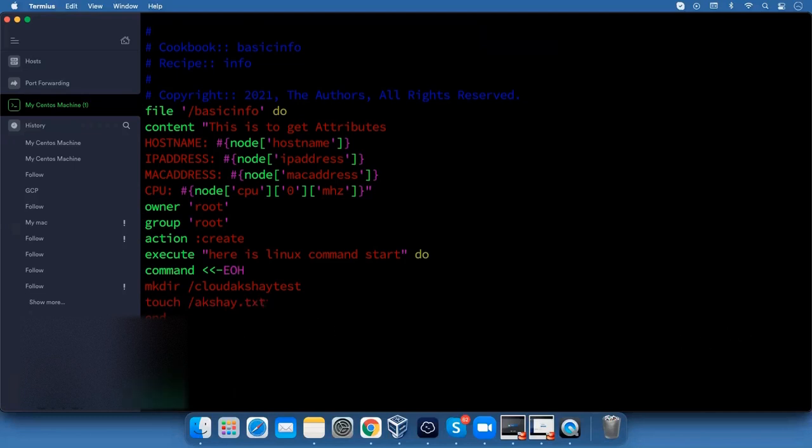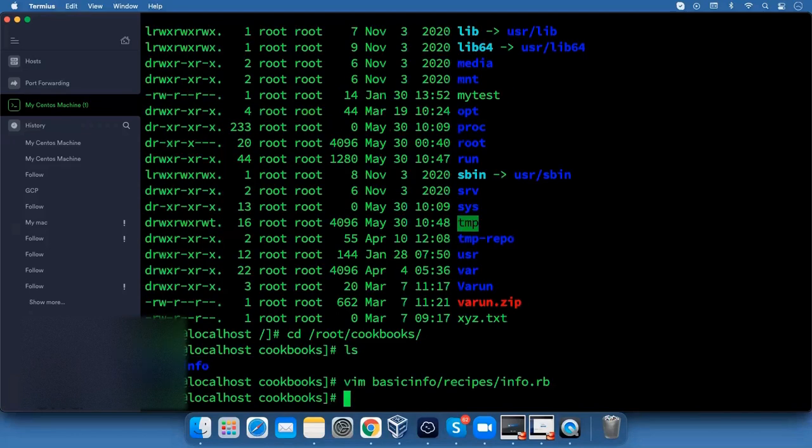Let's save it and exit. Let's run this recipe again. chef-client -zr recipe basic info. Hit enter.